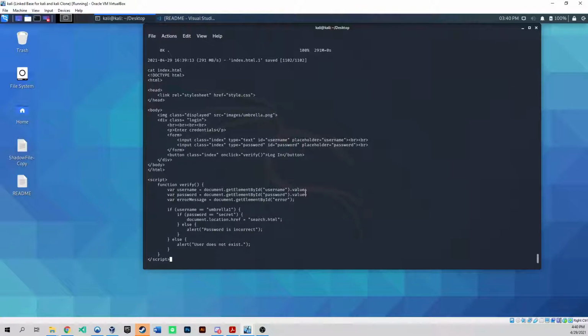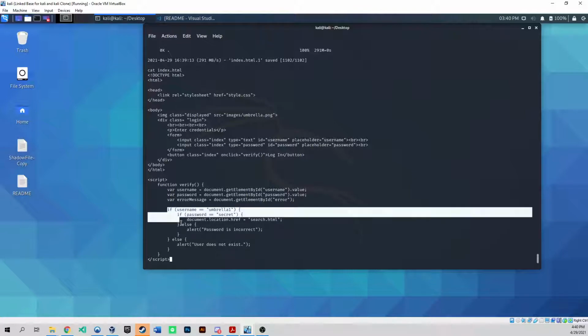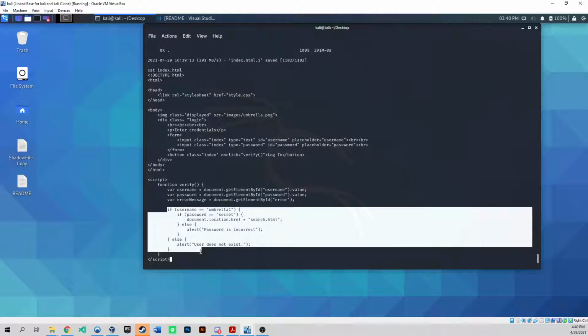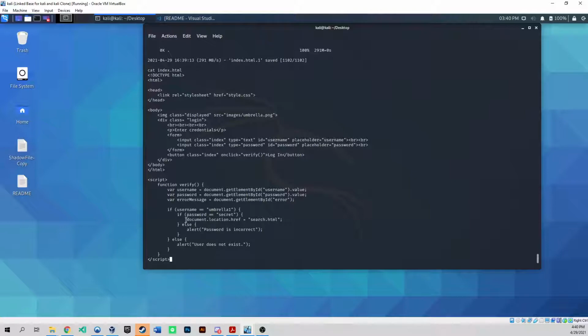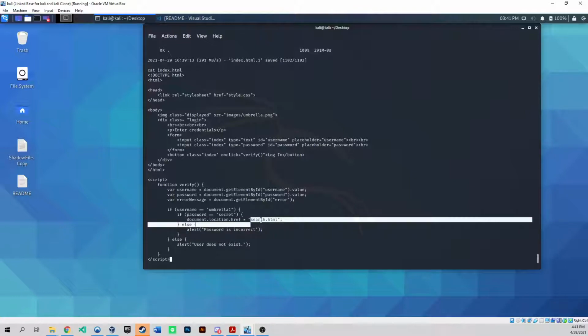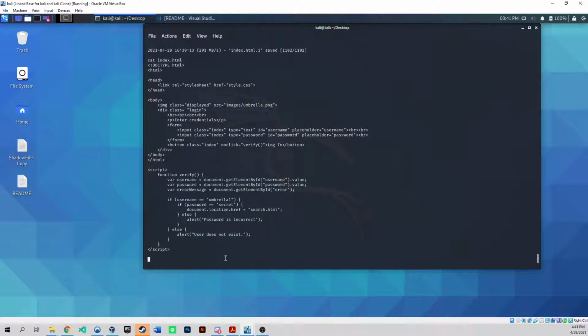But we've gotten really lucky because we have someone who didn't know a whole lot about security, and they actually put their credentials and login stuff in JavaScript, which is client side. If we get the username and password right, we can see that it's going to go to search.html. So the next thing that we're going to do is a wget,